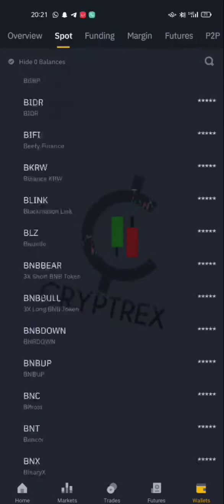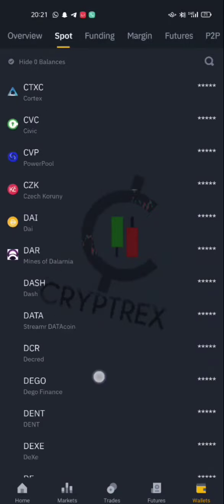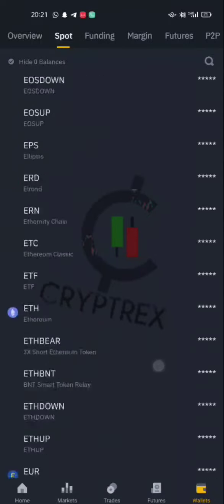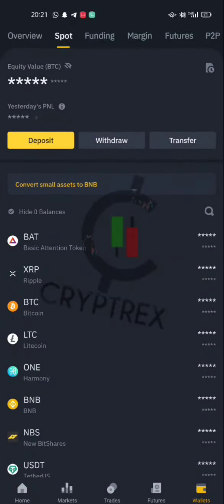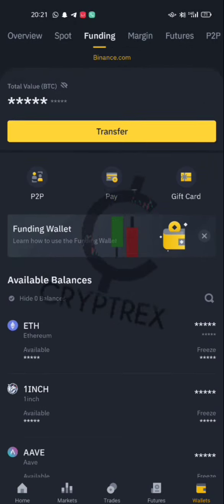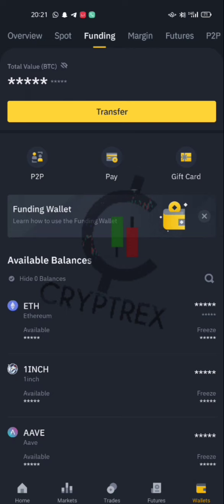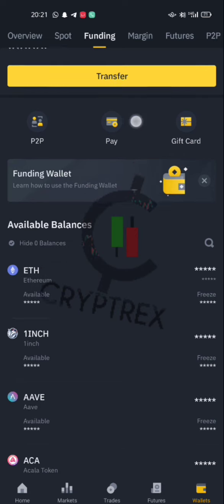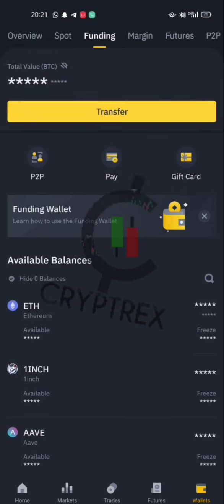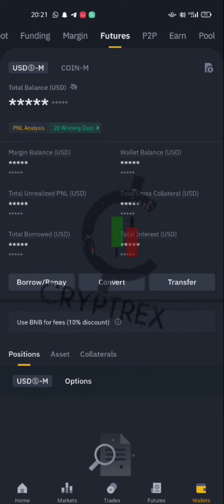There's basically a lot of coins. You can see we're still in C, and there's still coins all the way down to Z. This is the beautiful thing about Binance. Then you're concerned about your funding. Why? Because basically when you want to fund your account as a Nigerian, you fund it with P2P. But when we could still use our bank cards to pay, we could use this to pay right here. Then you're concerned about your futures, for people that want to take the risk of running futures trade,